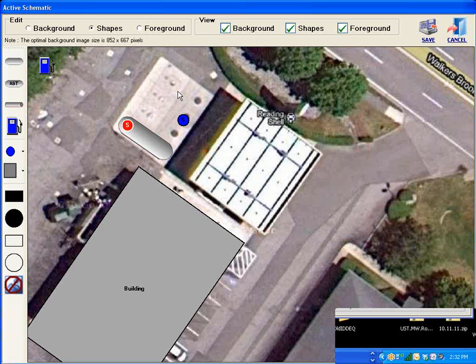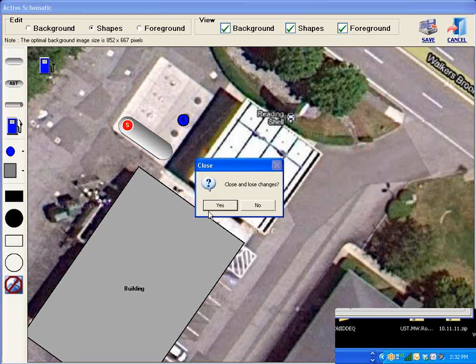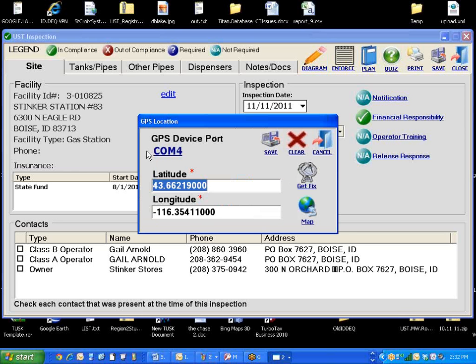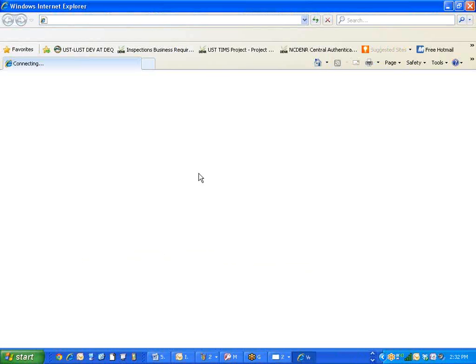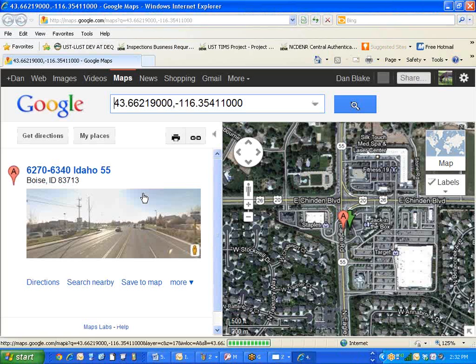Another function that I wanted to discuss was, I think folks are having problems getting images into the software, so I'm going to show how to go about getting an image off the internet into the software. So for example, we'll take a look at this site. This site has GPS coordinates, and so we can just choose the map function. If the site doesn't have GPS coordinates, you can type in the address in Google Maps or Bing Maps in